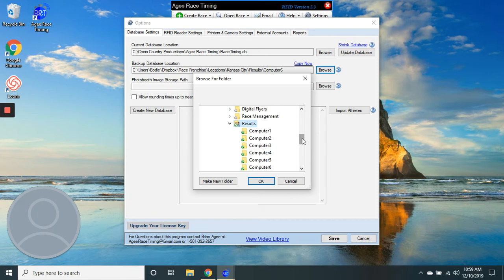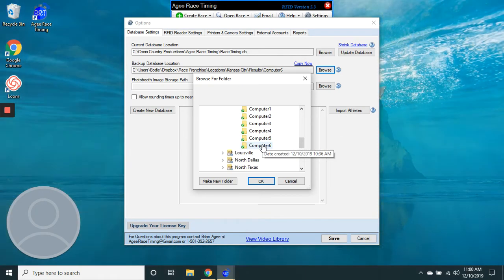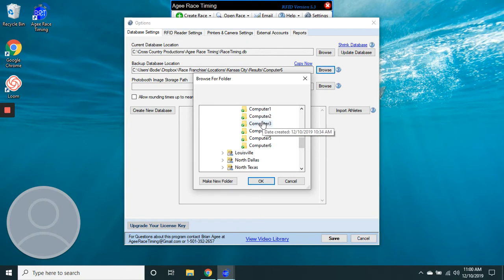Under a Results tab, you'll notice I have a file for each computer. That way, if I were to have a main computer, say I was using computer 3 for the main results, well, I could set up kiosk computers to pull the results and do results kiosks from there by syncing with Dropbox. I can also import like chip starts and do some other fancy stuff. So it's important to understand how this networking works. We'll get more in depth in that later,